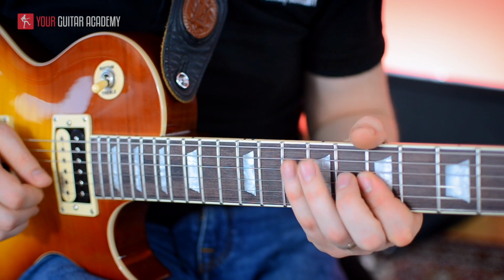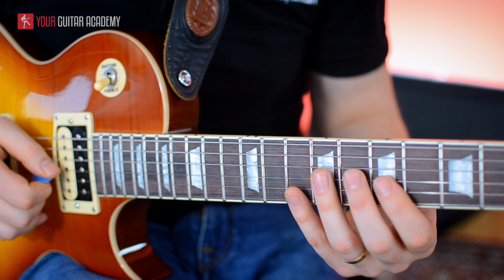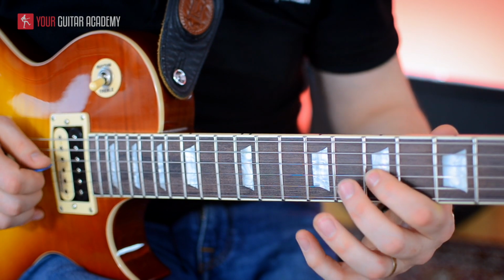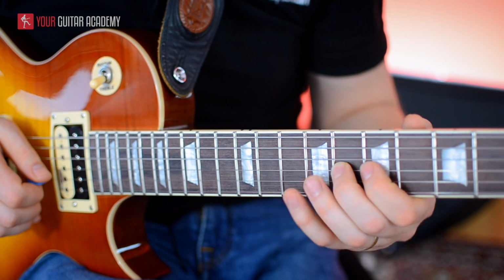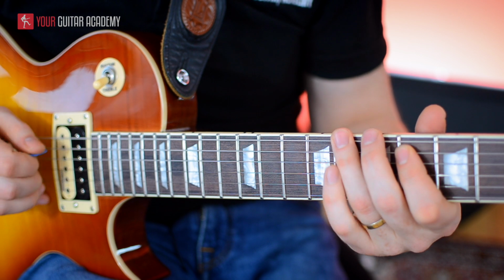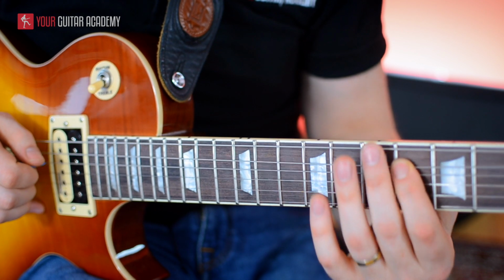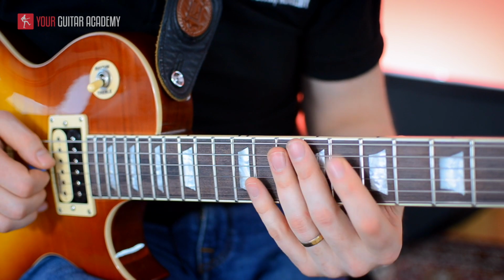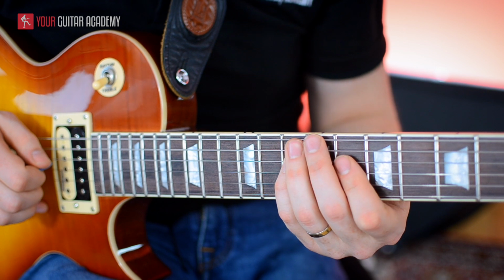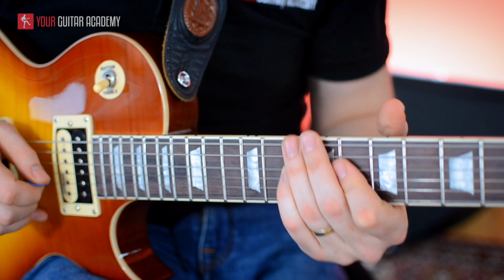Then for the rest of the lick, this is a really nice combo of the minor and the pentatonic scale. And essentially we're going from the 7th fret to the 8th fret to the 10th fret, then back to the 7th to the 8th, and then we're going to go down that pentatonic scale. So we're literally going 10, 8, slide down to 8, then a 6, and then the root note, and then jumping up to the octave of the root note. And I jump up with my little finger normally on that octave. So just the notes there are,